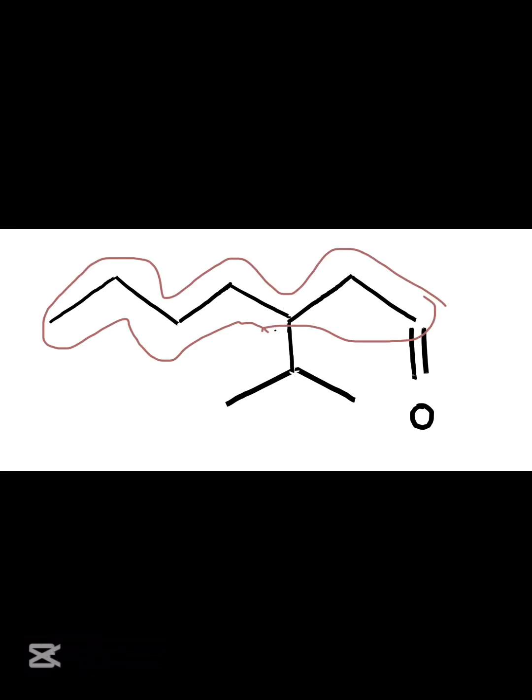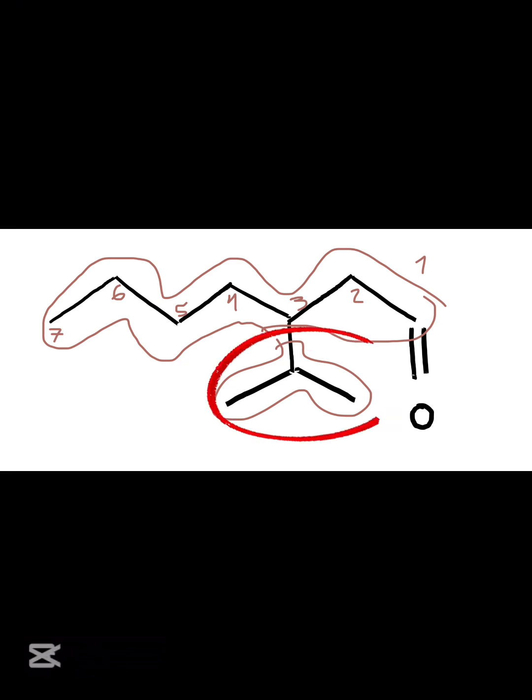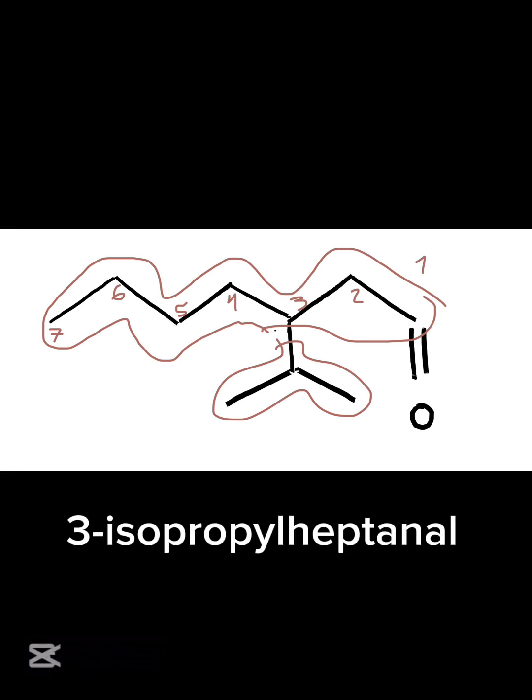We have to identify the parent chain and number, starting by my carbon atom closest to my carbonyl group. And here we can identify that it is isopropyl because it consists of 3 carbon atoms that are bonded to my third carbon atom of my parent chain. Okay, so it's 3-isopropylheptanal because